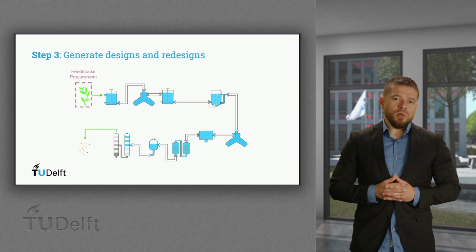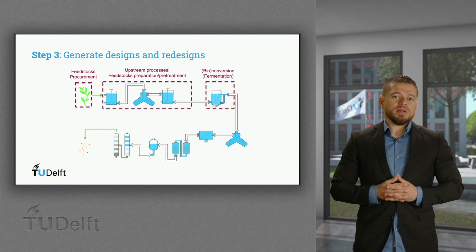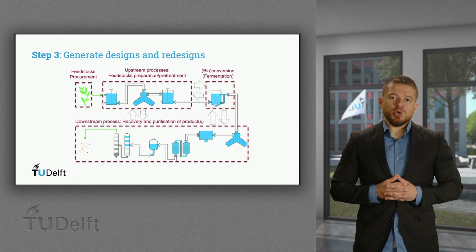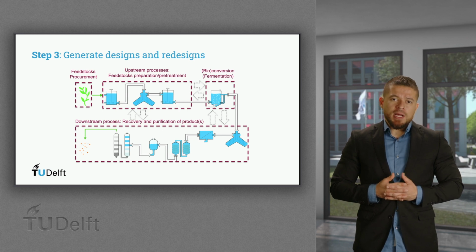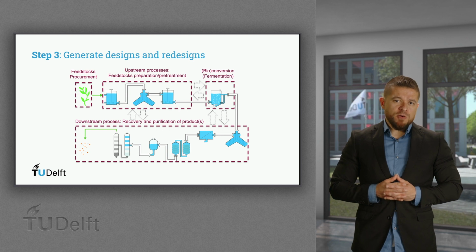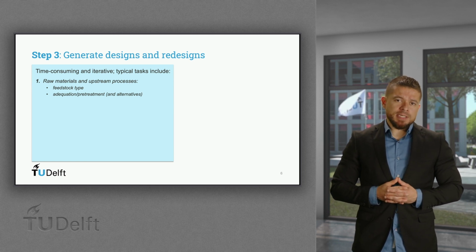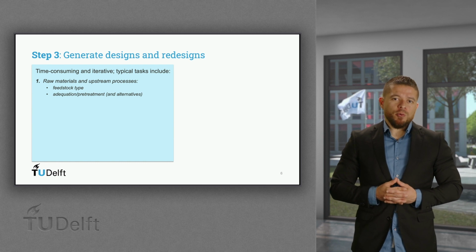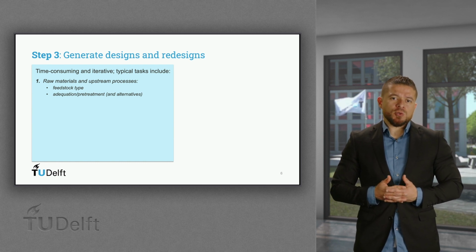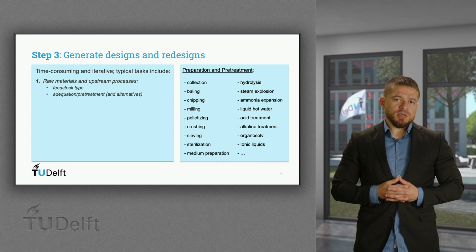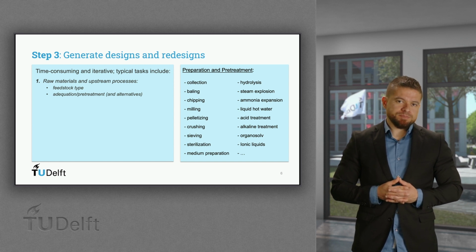For this, let's recall the anatomy of a bioprocess where there are 4 major sections which all have different functions, requirements, and type of processes that can be used. Let's see some examples. For the first 2 sections, there are different choices for the type of raw materials. Is it first G? Is it second G? And is pretreatment needed, or only adequation of raw materials? From those 2 simple questions, multiple process options appear according to the purpose. For example, acid treatment for biomass pretreatment.